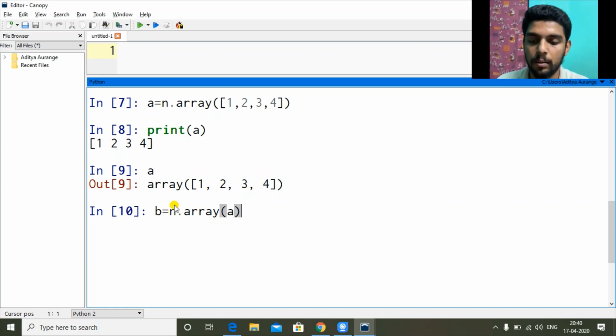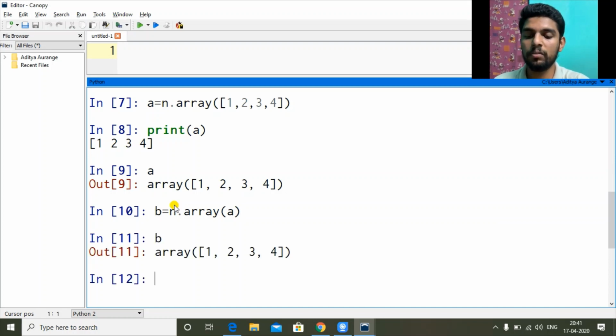Array A to NumPy array B. So now if I say B, it also has 1, 2, 3, 4. So it took value from A. So now we know how to create a NumPy array from user data as I passed 1, 2, 3, 4, and NumPy array B, which is created from NumPy array A.